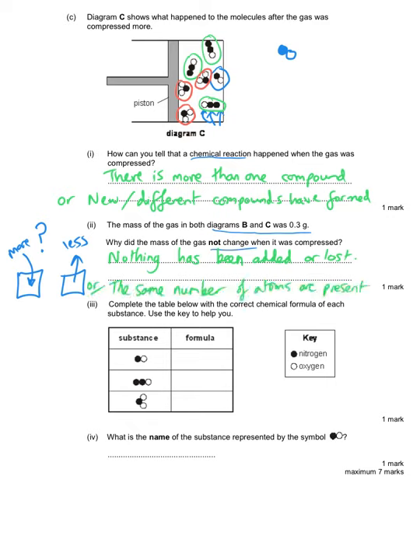If you took the time to count up the number of black circles and the number of white circles on all the pictures, they're all the same throughout. Yes, they've changed how they're joined together in diagram C, but there are the same number of them, and so that's the answer. This next question is about chemical formula, and the chemical formula, or formulae when we're talking about more than one of them,